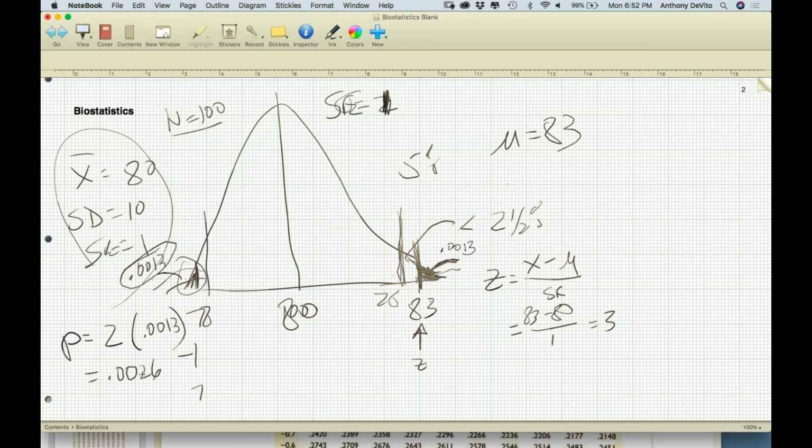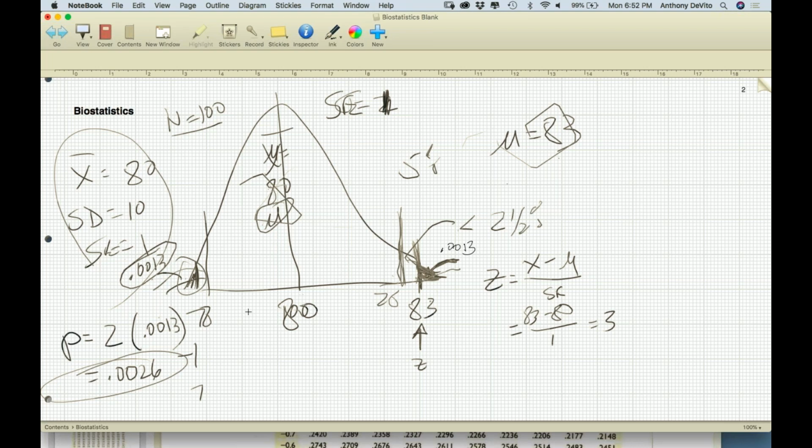0.26%. So that value is the probability that we would be wrong if we said that these two means are different. Our X bar for this population, which was 80, we're using to estimate the mean for that population, and we would be wrong that percentage of the time if there's that extreme a difference between these two values. Okay? So that's one way I could look at this.